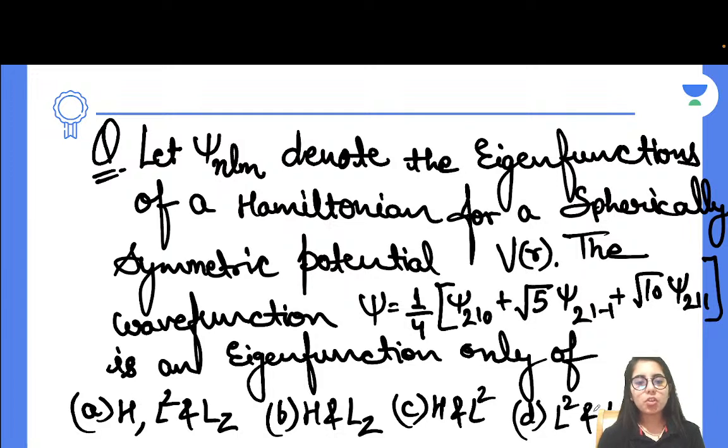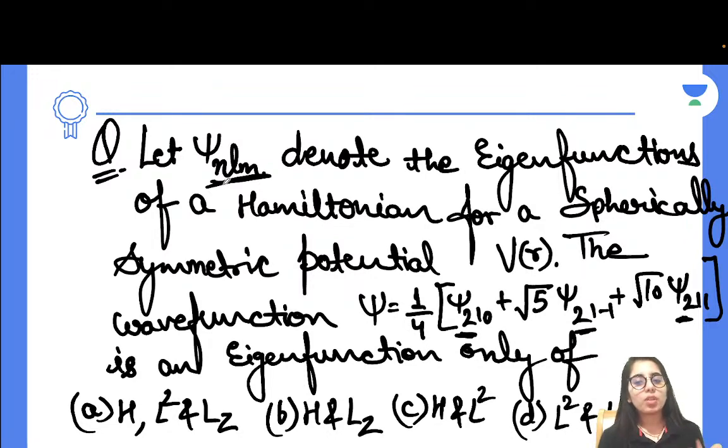So the wave function is given to you. You have to consider what it is an eigenfunction of. In this case, you have to consider how you find H. Your H, which is the Hamiltonian, has an eigenvalue that is energy, similar to how you find the energy of any system. Energy depends on n, the principal quantum number. Here the principal quantum number is 2, 2, 2, because it is nlm notation. The first is the principal quantum number, the second is orbital, and the third is magnetic. So 2, 2, 2, which is equal, right?